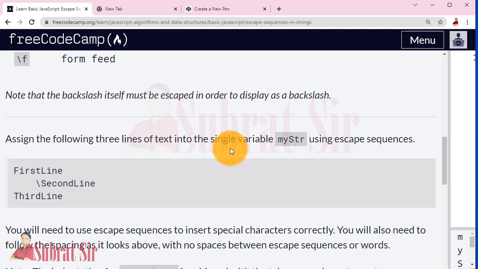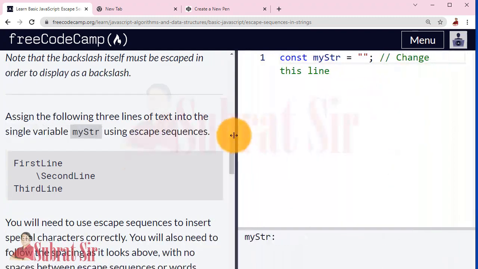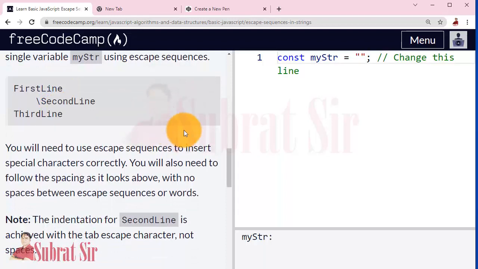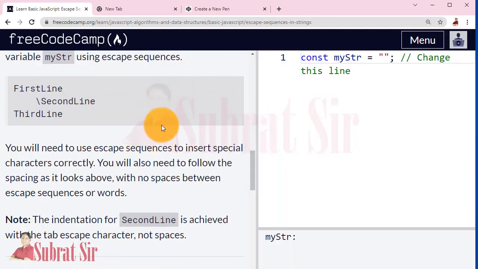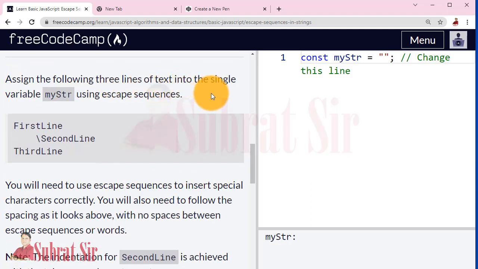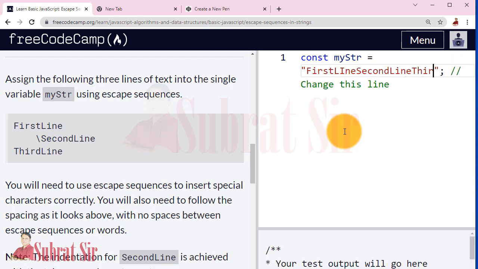Assign the following three lines of text into the single variable mystr using escape sequences. Yes, this is our task. So const mystr equal first line, second line, and third line.